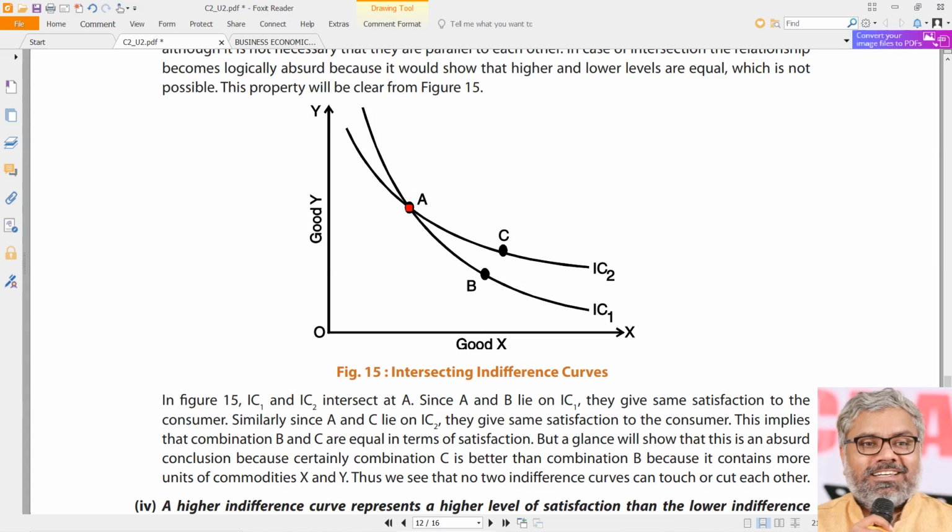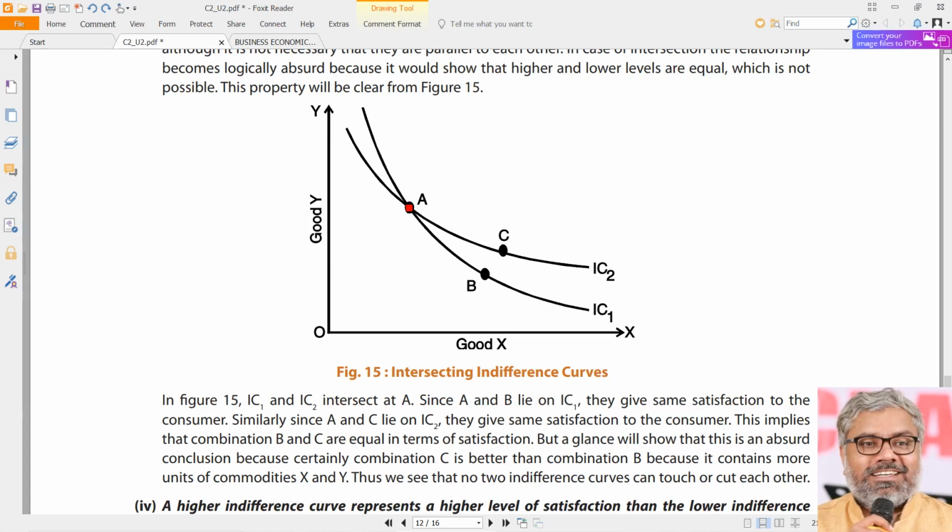Not that this graph is a valid graph. Whatever we see is not valid. It will not be valid. We are only proving that it is not valid. Like the concave indifference curve we saw, it is not going to happen. We just saw that to understand.